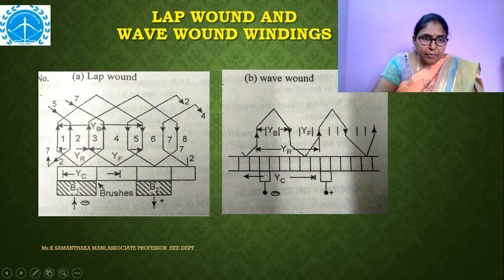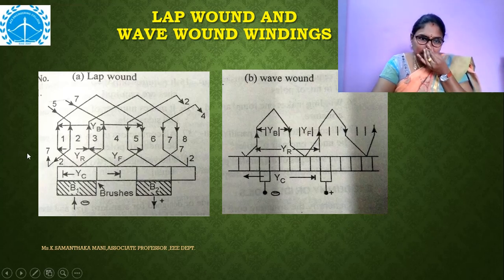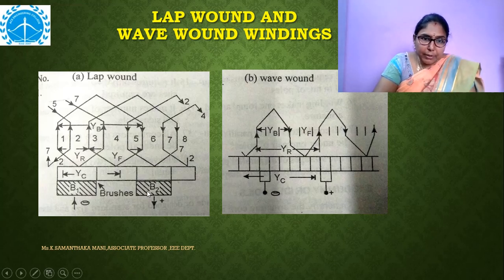So again I am showing, starting from this, connected to the end connections, connected to another conductor, coming back, connected to the commutator segment here, and again it is overlapped here, and continues like this. This type of connection is called lap connection or lap wound. The other one is wave wound. Here if you observe, the conductors look like a wave shape. Just start from this one, moving in the direction of the cursor I showed you. So it is progressively increasing. And in this diagram, we can clearly observe the commutator segments, as well as B1 and B2, which are the brushes.